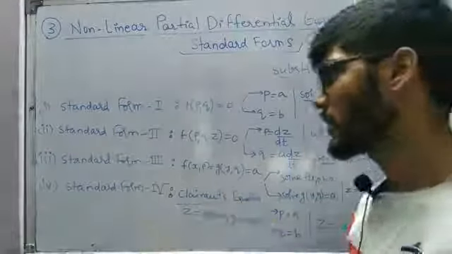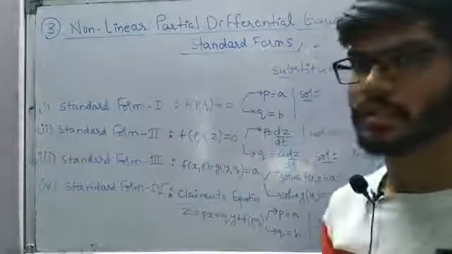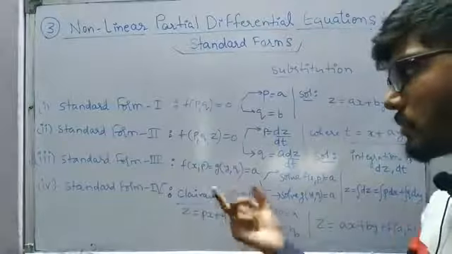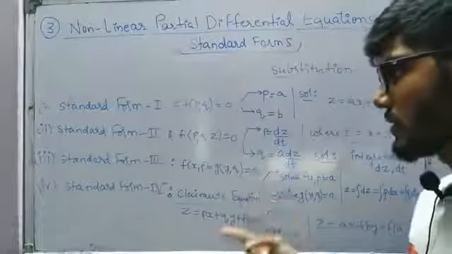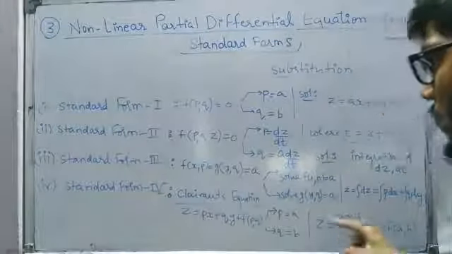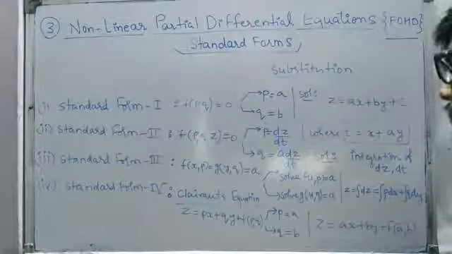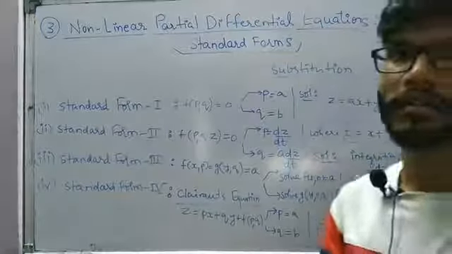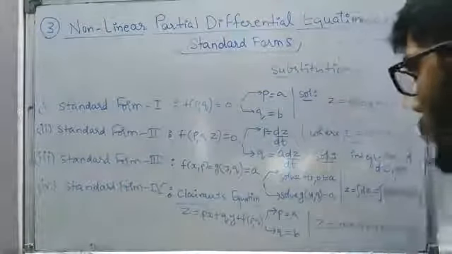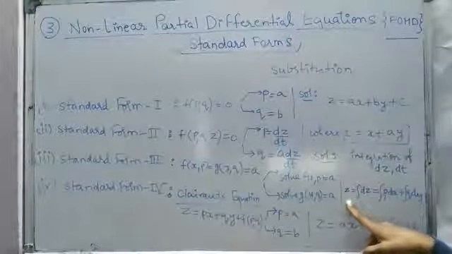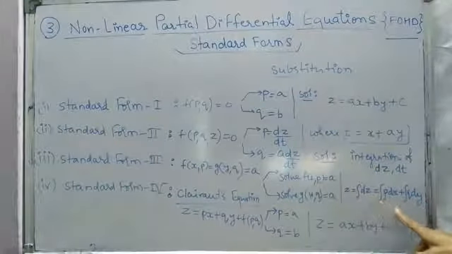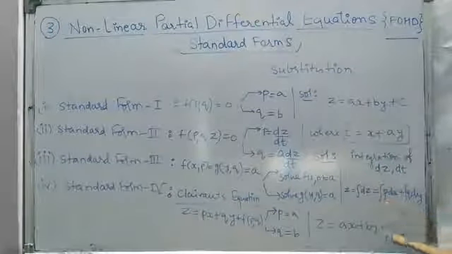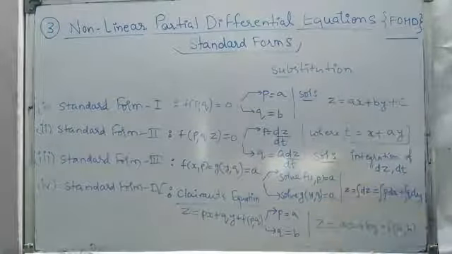And in the case of standard form 3, it is going to be the equation in the separable form of f of x comma p is equal to g of y comma q. So we'll have to equate that to a, where a is nothing but a constant, and then we'll have to solve these two equations individually, and we'll get the answer in the form of p is equal to something and q is equal to something. Finally the general solution z is going to be the integration of dz, that is, integration of p dx plus integration of q dy, and this p and q we are going to get after solving these two equations.